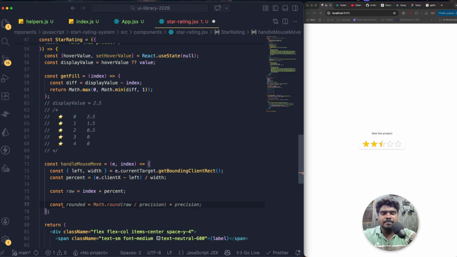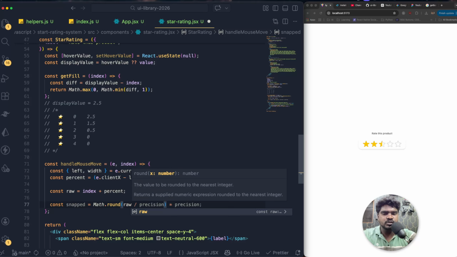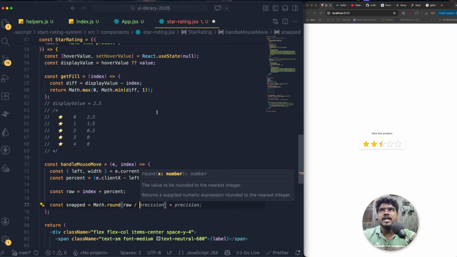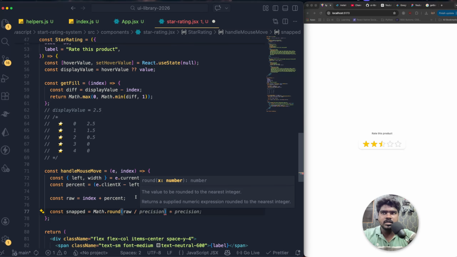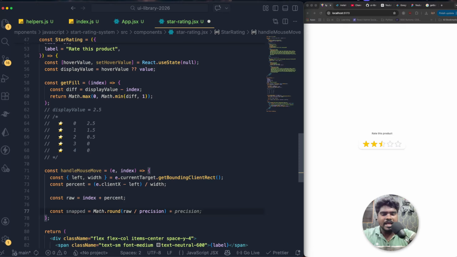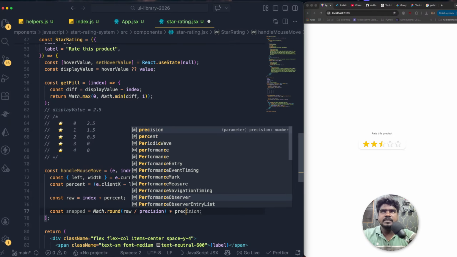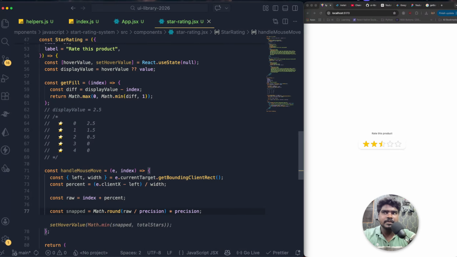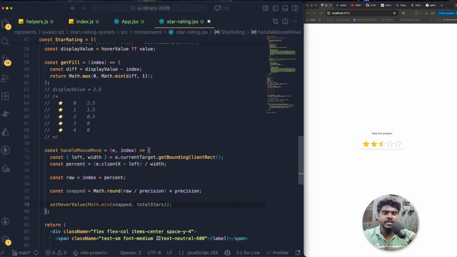So I'm going to get the snapped value, const snapped, which equals Math.round, then supply the raw value which you calculated, divided by the precision value, which by default we have as 0.1, then multiply by the precision value. This is the normal mathematical calculation which we need to do for star ratings. Then I need to supply this for hover value, setHoverValue, which is going to be snapped. Okay, so